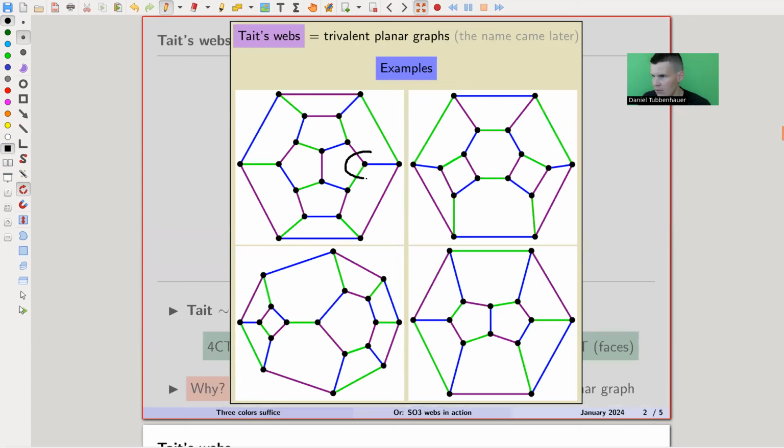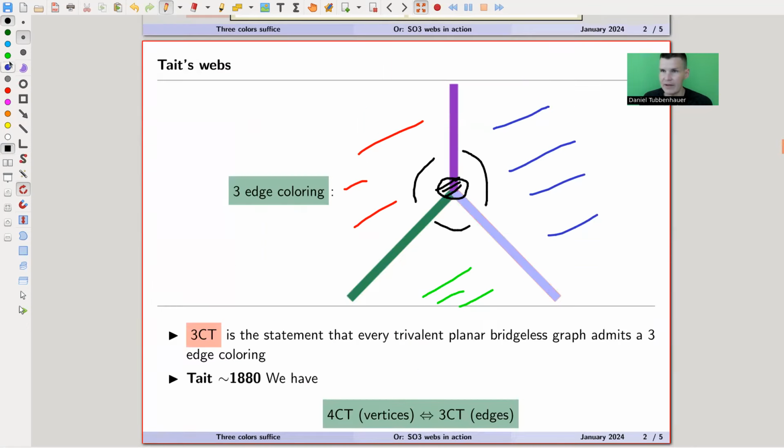So here around this vertex, you should see 3 different colors. Around every vertex, you should see 3 different colors. That's called a 3-color. Hope that's clear. And around every vertex, you should need to see 3 different colors. That's 3 colors. And Tate's real main result here is that the 4 coloring of the vertices is equivalent to